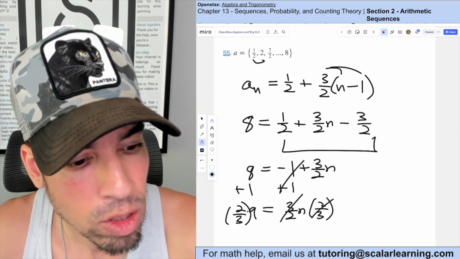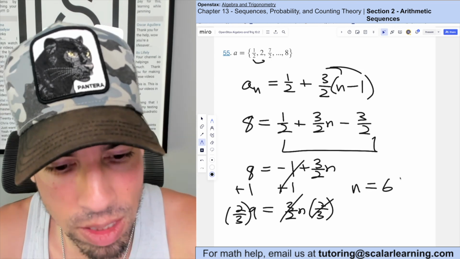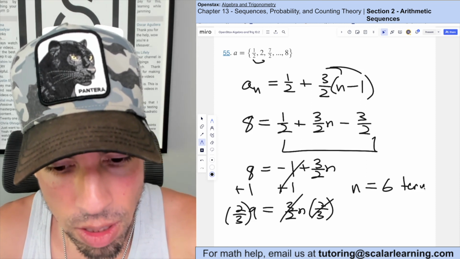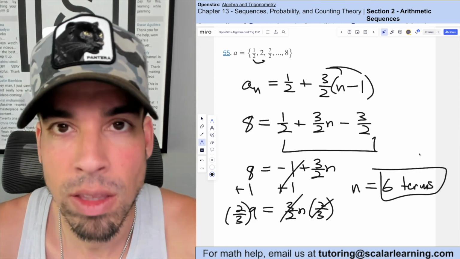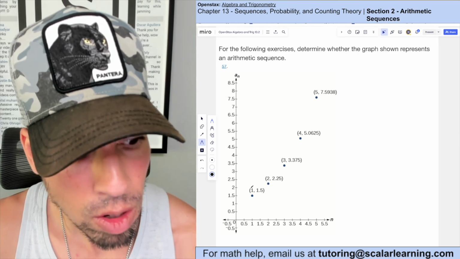2/3 of 9 is 6. So n is equal to 6. That's the 6th term in the sequence, meaning this finite sequence has 6 terms, and that's how you do it. Done. So for this one, we're trying to figure out if the graph represents an arithmetic sequence where that x